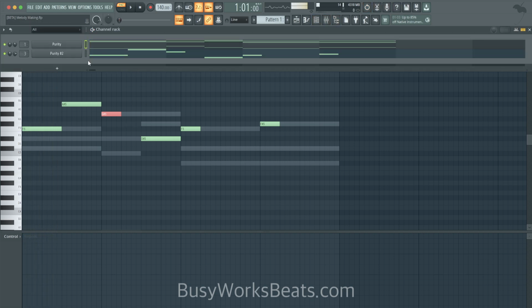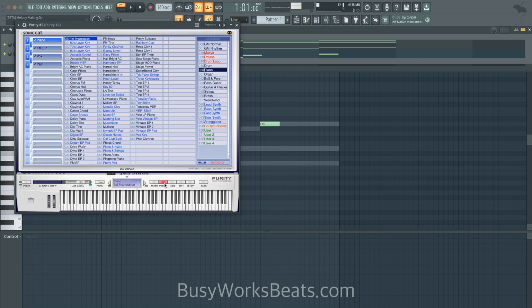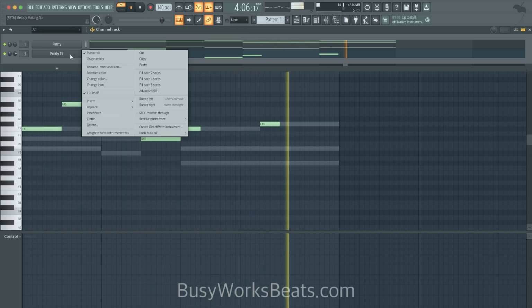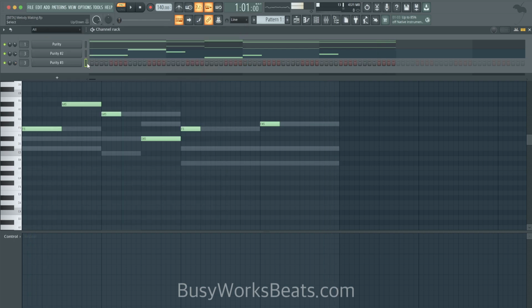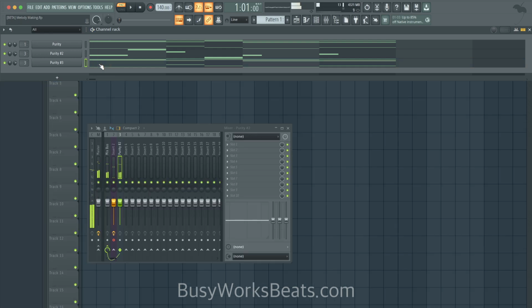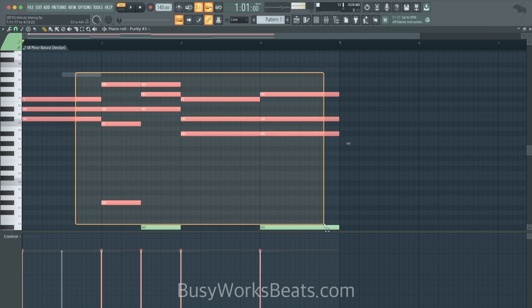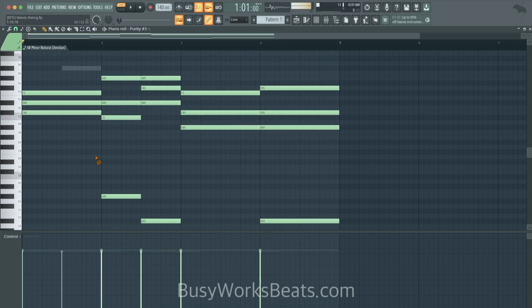Let's take these chords and let's switch out the sound here. Let's go to presets and let's switch out the sound. Let's clone this and we're going to copy these chords, Control C, Control V. And now we're just going to go in and figure out where we want to add glitches and stutters. Okay, so there's no rule, there's no one way to do anything here. We're going to use that note repeat to add little accents.